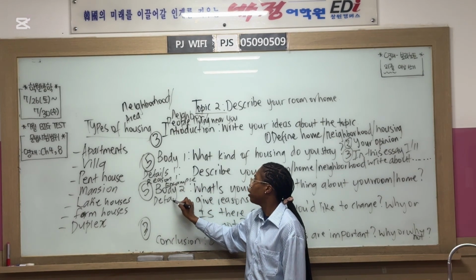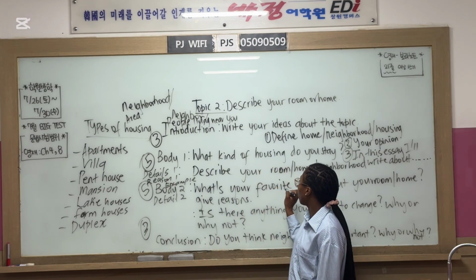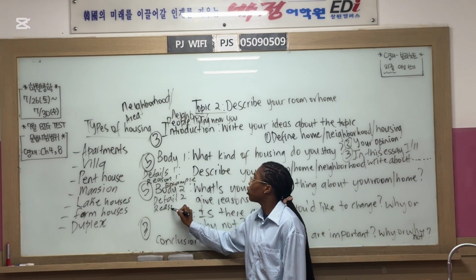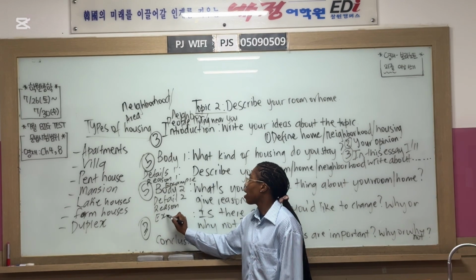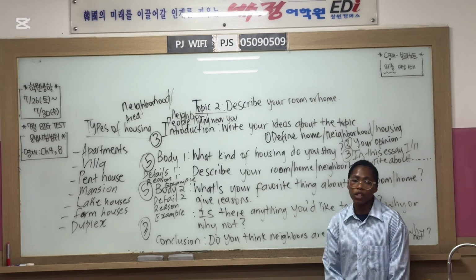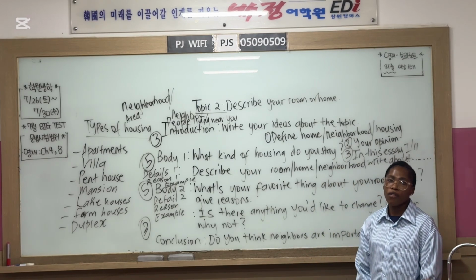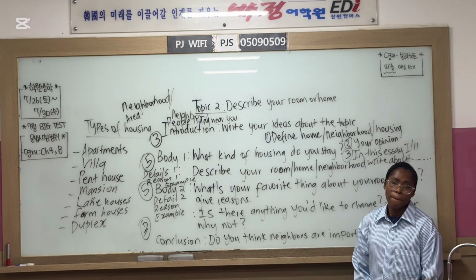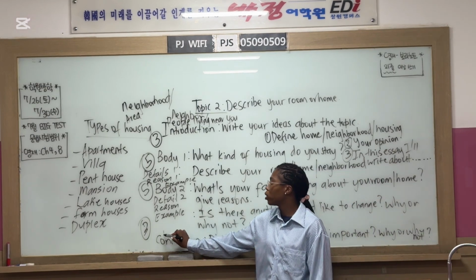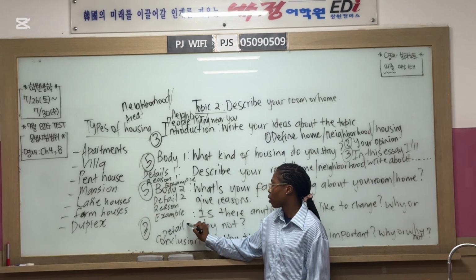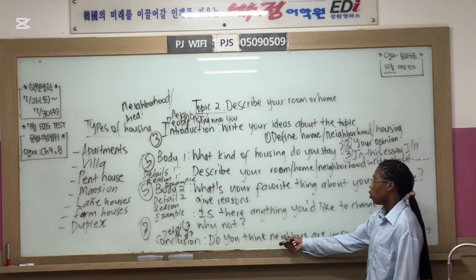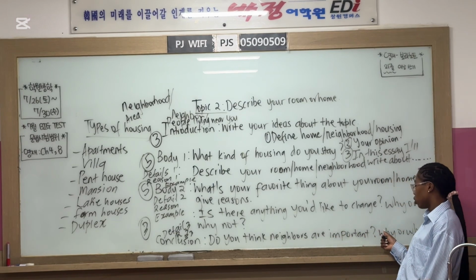You go to detail 2. What's your favorite thing about your room? Then you must give reasons. Why is it your favorite thing? And then examples. You can tell us about the favorite objects that you have in your room, or your favorite thing to do in your room. Conclusion, you can use detail 3, reason 3, and example 3, because it's asking, do you think neighbors are important? So you also have to